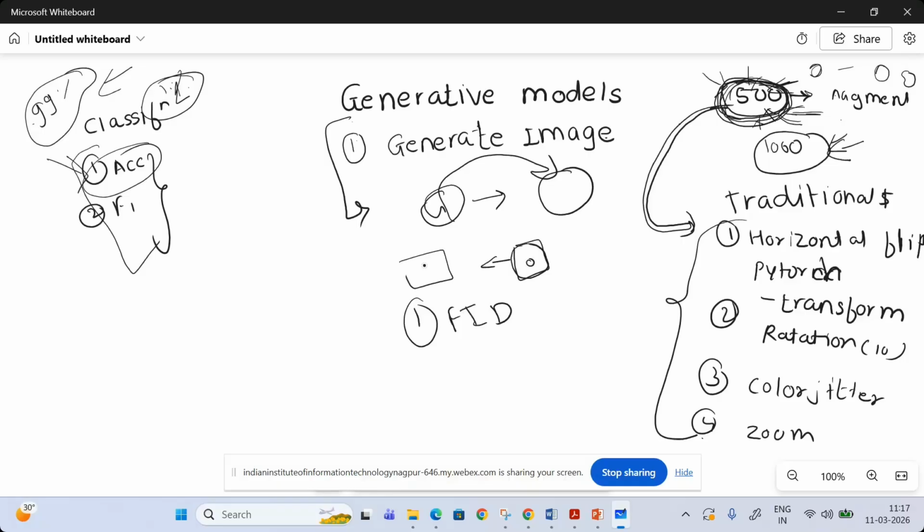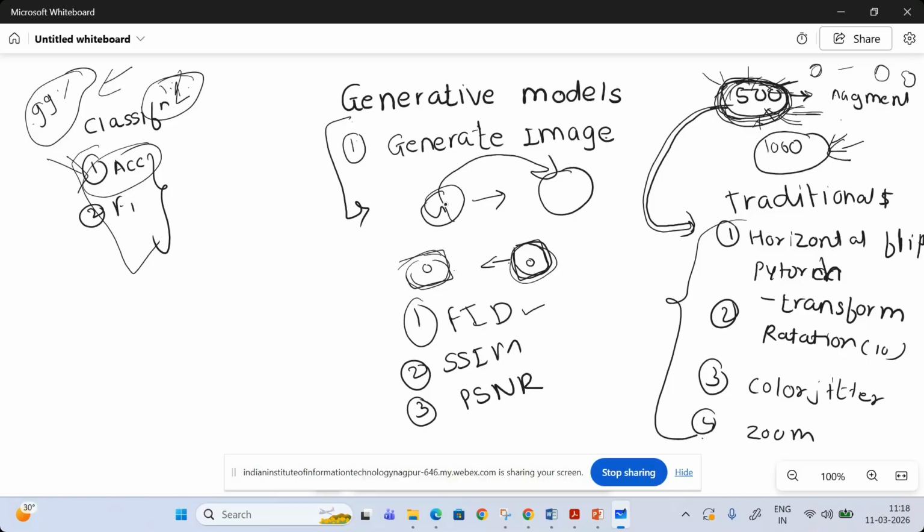The distance between the original image of the number zero and your generated image of the number zero should be very, very less. So that is the Frechet distance metric. Then you have the SSIM ratio, a similarity measure. Then third, you have the PSNR ratio, again based on a formula for the generated image and how it follows the distribution. It should capture the diversity of your complete data distribution. Based on this, you have these kinds of performance metrics.